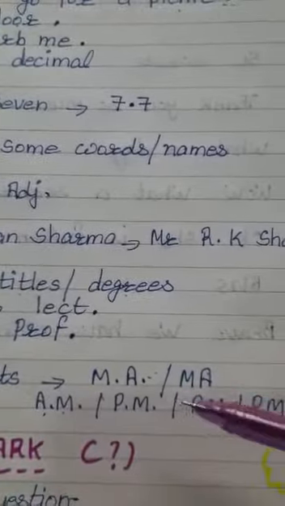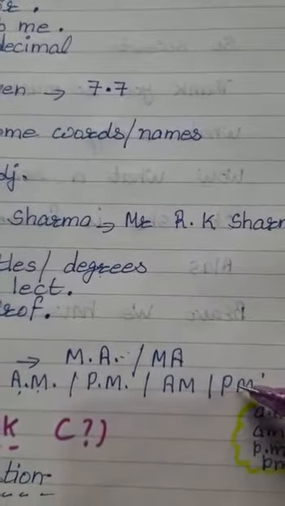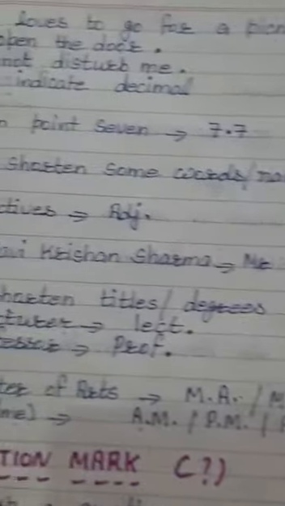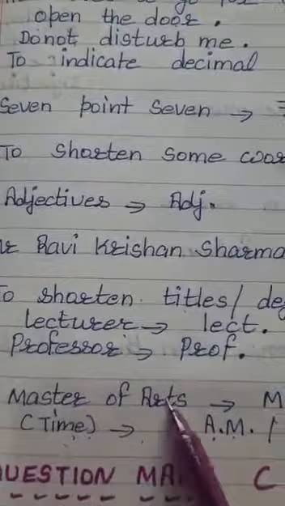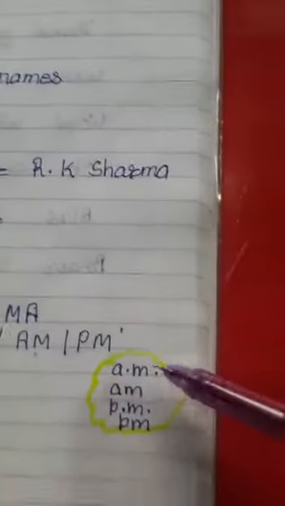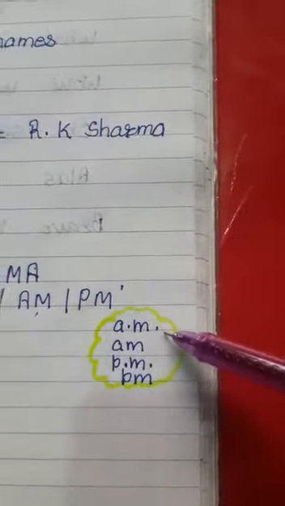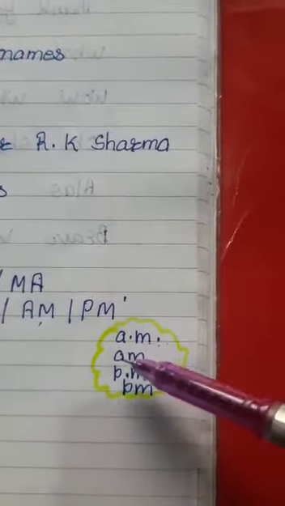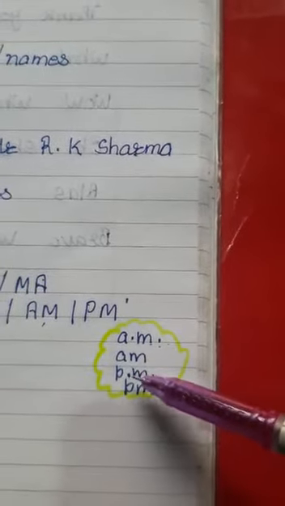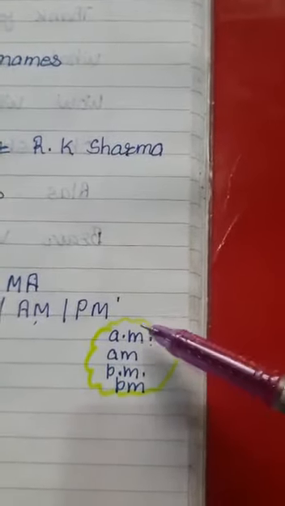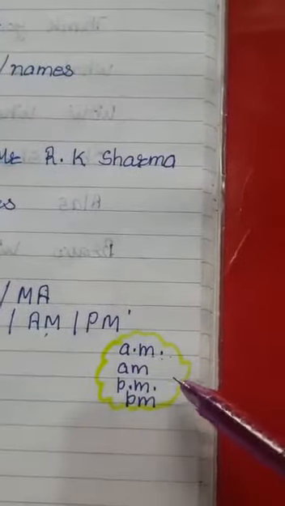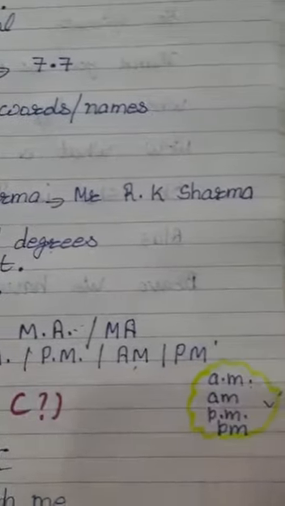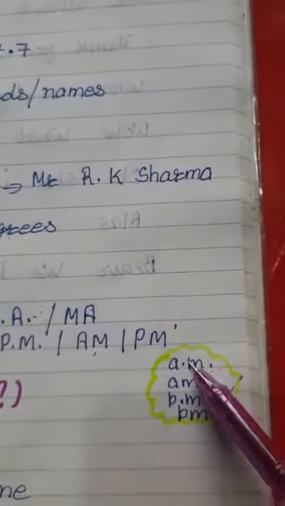But some people we see that they write am and pm without any dot. It's also okay. We can follow any of the patterns to write the time or the degrees. Let's have a gossip here. We see that in some places the time is written in short forms, a dot m dot and small am, p dot m dot and small pm. Students, both are okay. You can take any one of the prescribed forms. Capital ones you can go with, and you can go also with small ones.